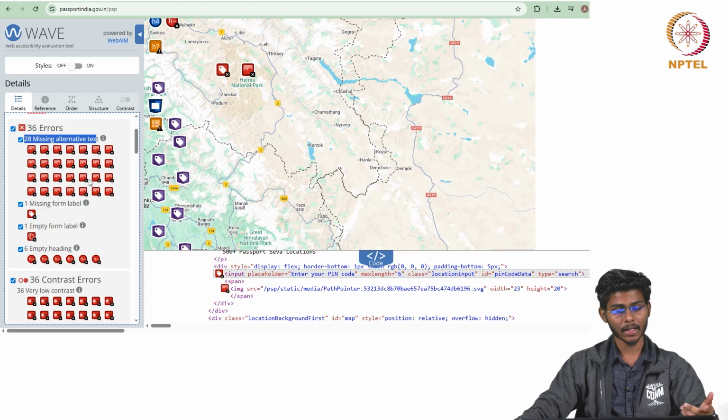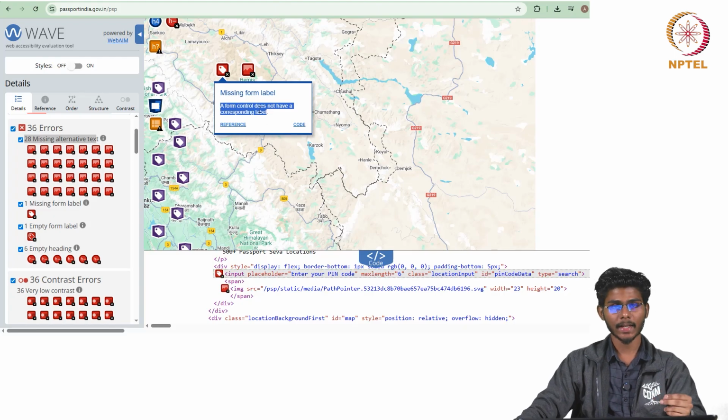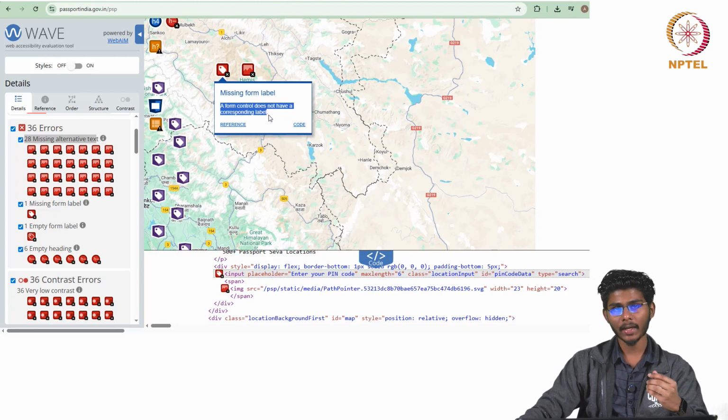And coming to the next error, one missing form label. What is this missing form label? A form control does not have a corresponding label. Any drop down box or text field box will have a label that mentions that this is the drop down box.